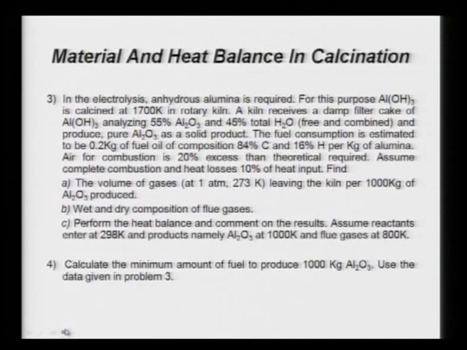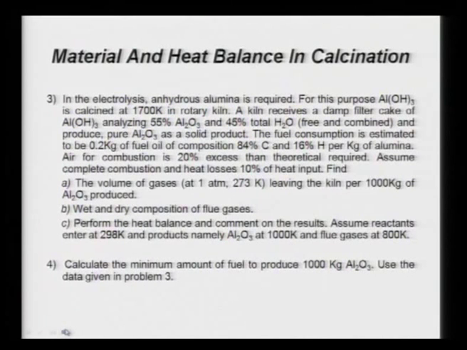Now, for your information, in hydrous alumina the water is mostly chemically combined. So, it is not possible to remove the water just by heating to 100 or 200 degrees centigrade. You have to go to 1200, 1300 or even 1400 degrees Celsius to remove the chemically combined water from the product which you obtained after the Bayer's process. So, it is for this purpose that a large amount of energy is required to produce anhydrous alumina, so that alumina can be electrolyzed to produce aluminum.